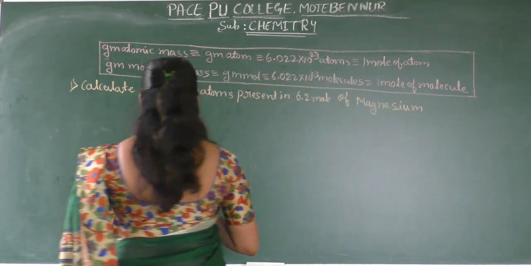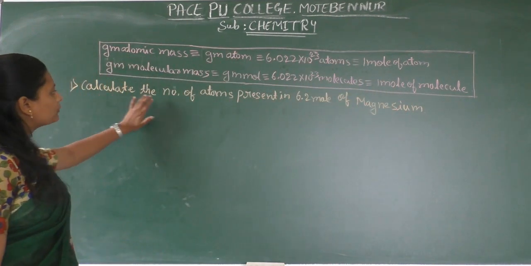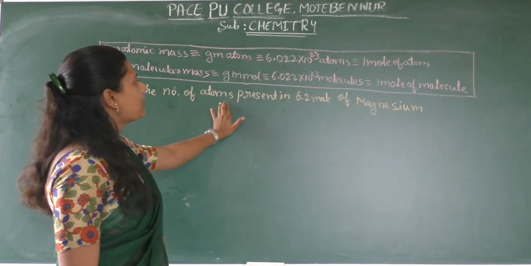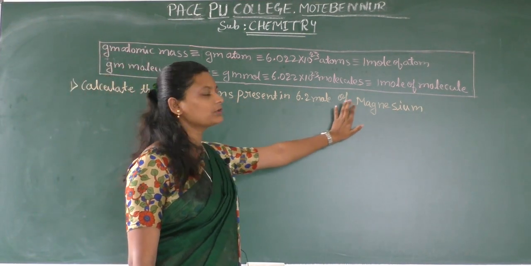Okay, so here our question is we have to calculate the total number of atoms present in 6.2 moles of